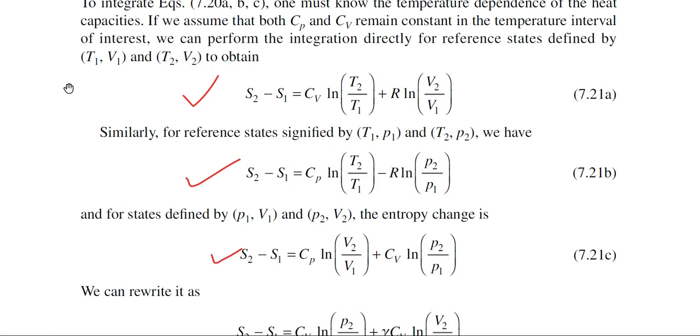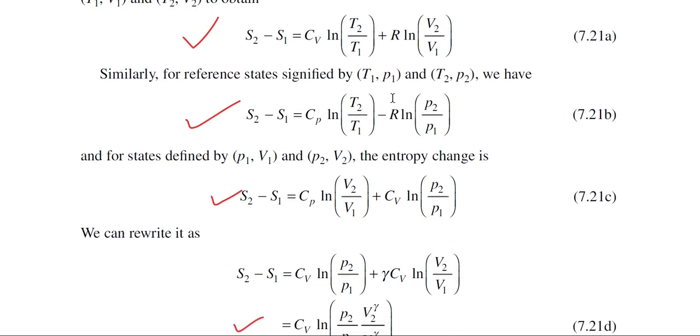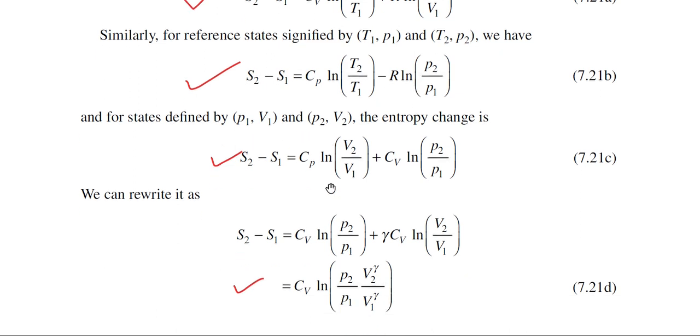example, when the system changes from T1 V1 to T2 V2, these are the initial temperature and volume, these are the final temperature and volume. So this is the formula for the change of the system. And when the system changes from T1 P1 to T2 P2, then you have to use this particular formula. When the state is changed from P1 V1 to P2 V2, then you have to use this particular formula, and